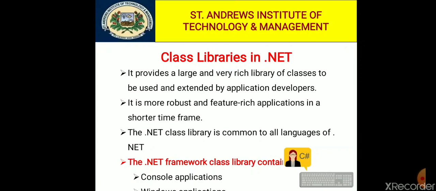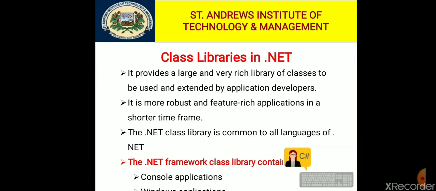The .NET Framework class libraries are available to all .NET languages. At the starting of the first unit, we already discussed the .NET Framework, a software framework in which many languages are there.